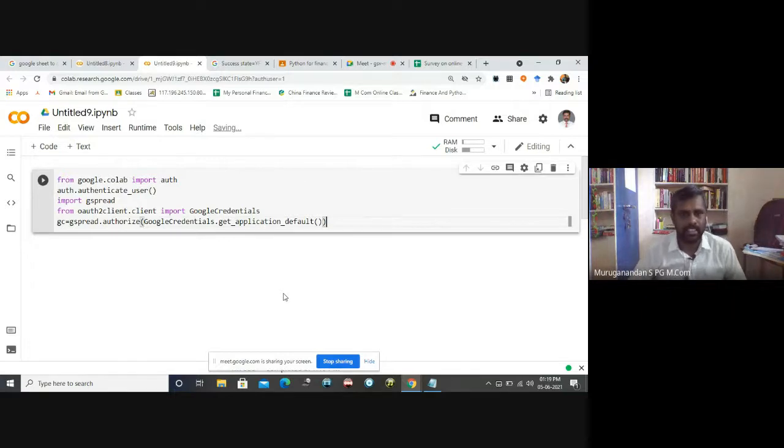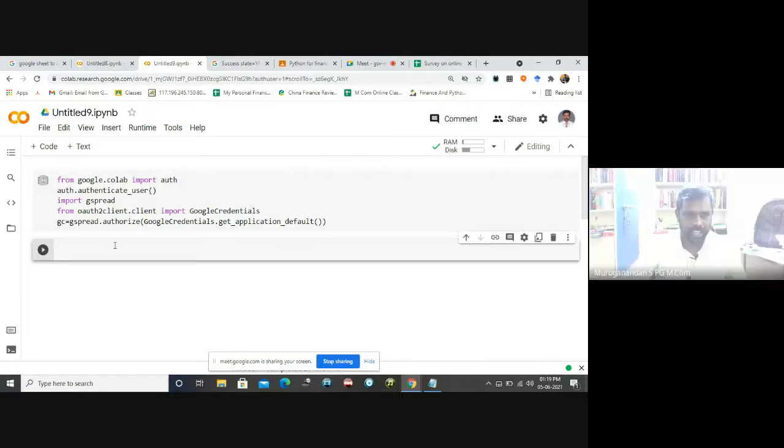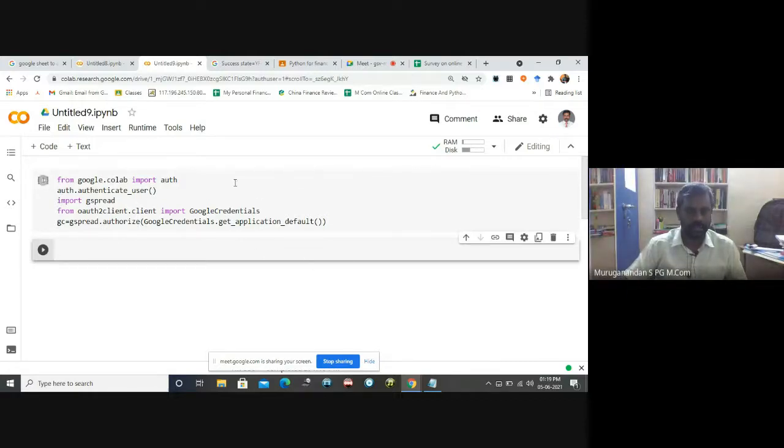Yes, there is no error. You will not get any notification over there; if there is any error, you will get an error notification. Now the code is perfect, so there is no error here. This is supposed to be run as a separate cell. You have to run this in a separate cell. Now let me go to the next step.